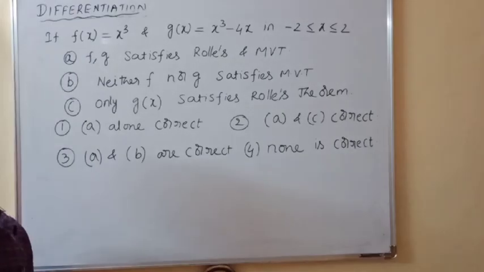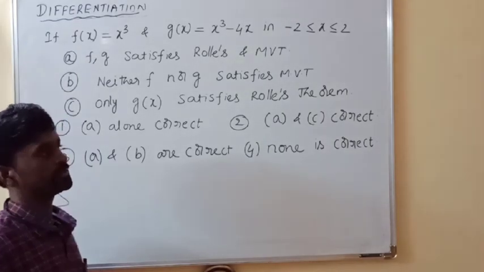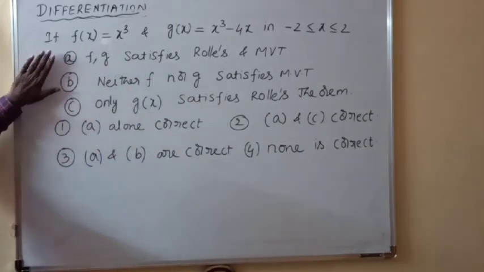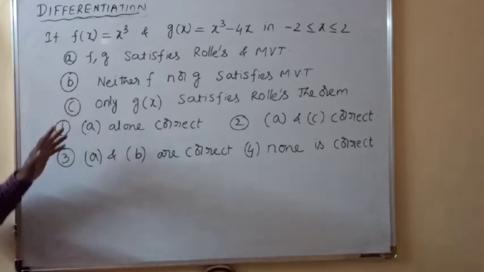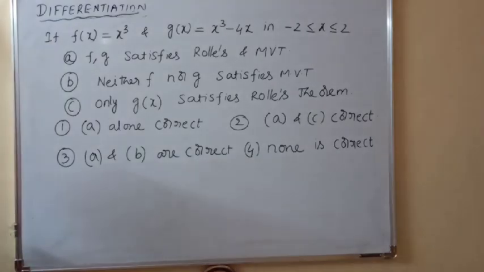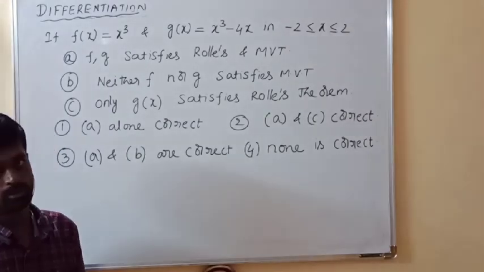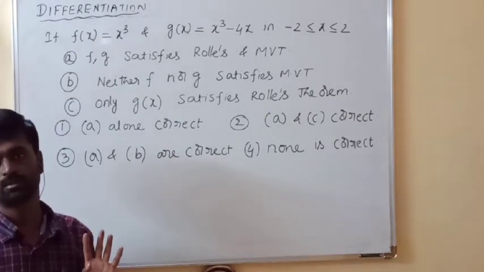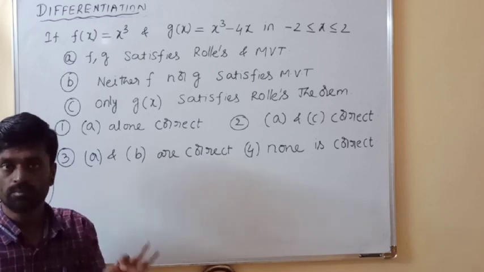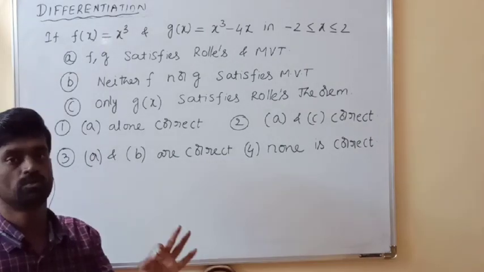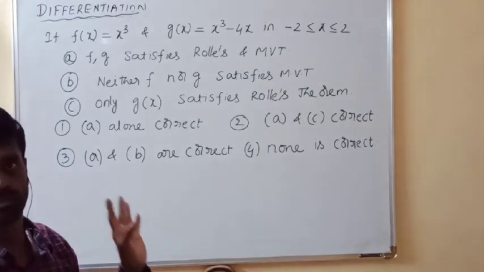So look at the next problem. This is a little complicated. See, they have given f of x and g of x and some interval, and they have given 3 statements. Then we have to check among these 3 statements which statements are correct. Okay. So first observe f and g. What kind of functions? Polynomial functions. That means they are clearly continuous functions and differentiable functions. That means at minimum f of x and g of x satisfy which theorem? Lagrange's mean value theorem.